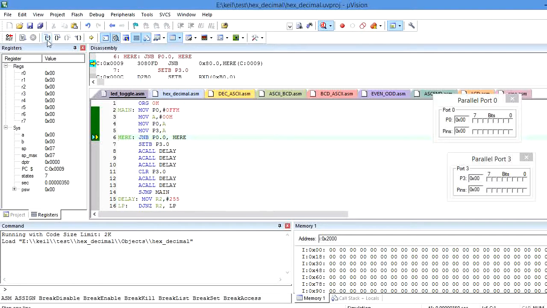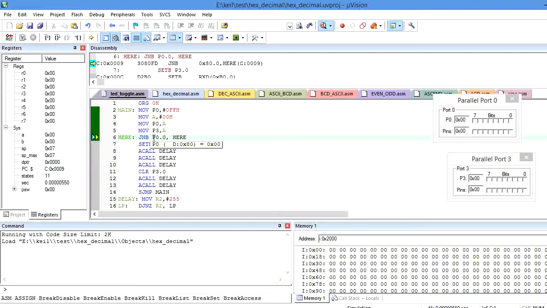Again let me execute the instruction. So again, what is the value present in port 0.0? It is 0, which indicates that the switch is open. So whenever the switch is open, port 3.0 pin, the LED, is turned off here. So I need to keep monitoring, and only when the switch is closed will it turn on the LED by making port 3.0 high here. Again, if I execute the same instruction, it keeps on monitoring the port 0.0 pin for an infinite number of times.